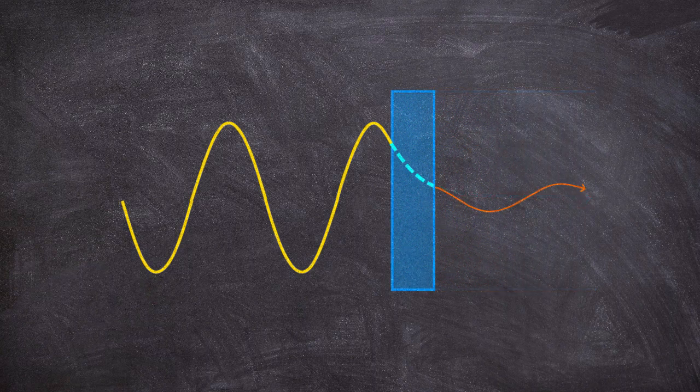Well, because of the evanescent field, the wave isn't actually completely dead by the time it reaches the other side when the layer is thin. And if that's the case, the part of the wave that survives this exponential decay and manages to make it to freedom on the other side, well, it can actually just keep trucking. This is called evanescent coupling.